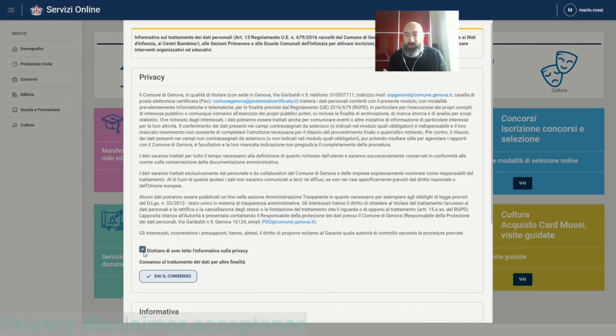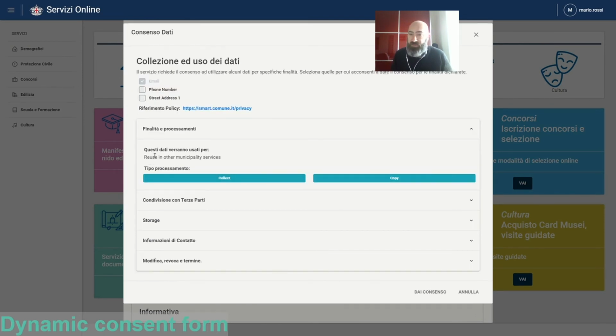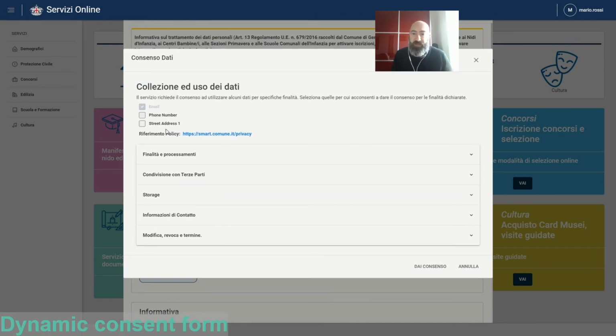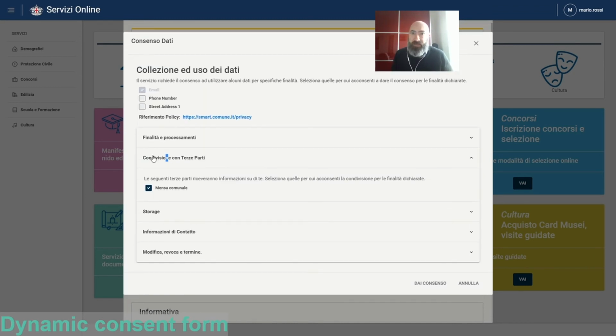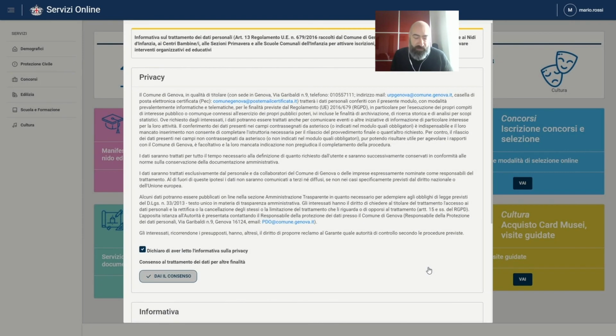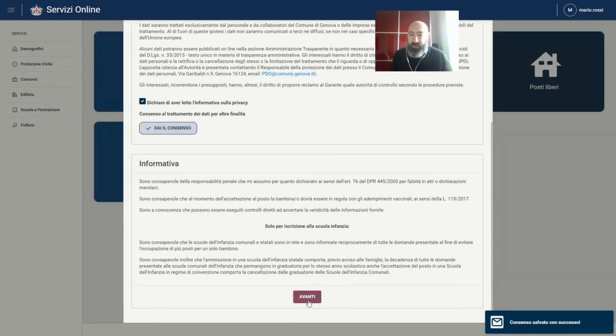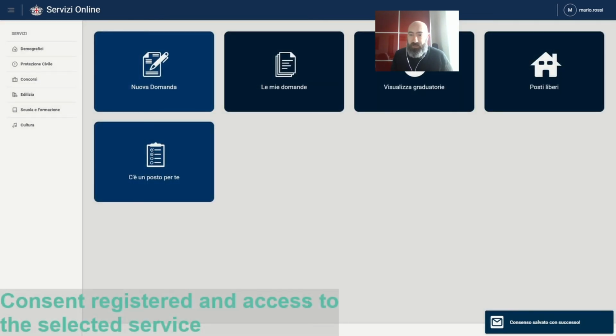In fact, the user, after accepting the privacy disclaimer and modifying and accepting some options of consent, this consent is stored, mutually encrypted and signed by the user and the system,